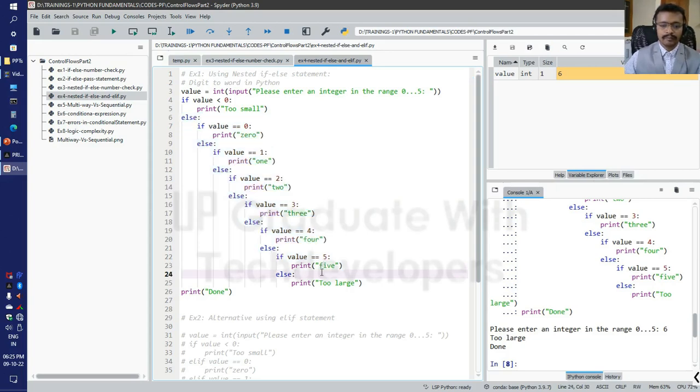So this is the innermost if else condition, and before the innermost if else condition we have the first outermost if else condition. So the else part of the first outermost if else condition has been executed. So look at here, if value is 5 then print 5, else print too large. So this is the innermost if else condition. Okay,